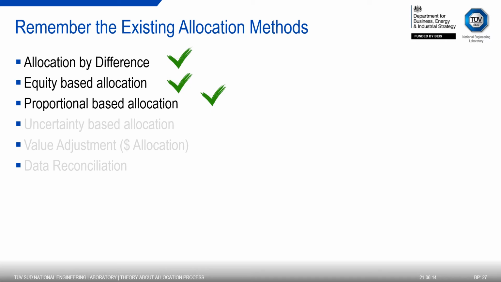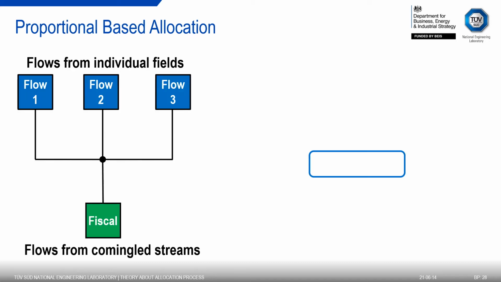Let's review now the proportional based allocation, and this is much more common in our industry. How do you apply the proportional based allocation? It's quite simple in a way. You take the production from each platform, and this gives you the total volume of oil, for example, that you